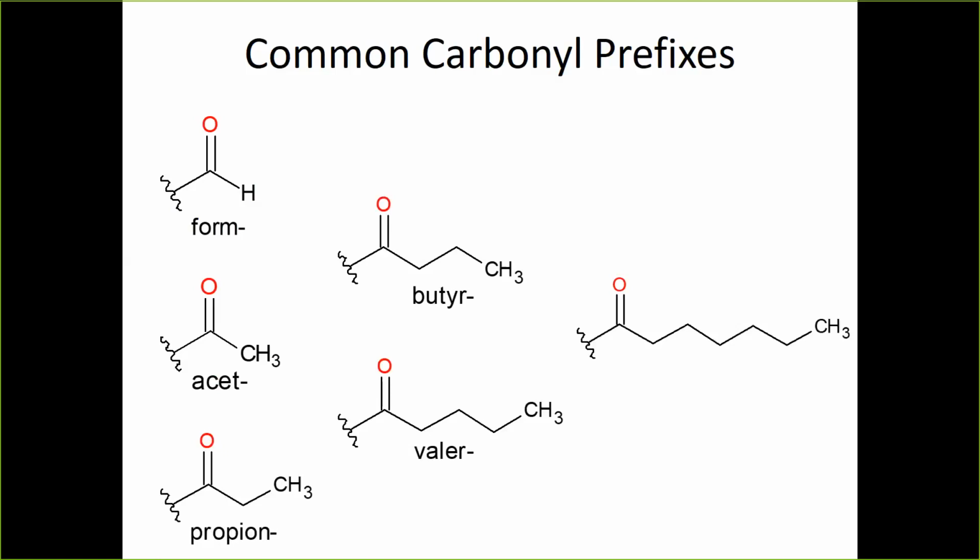I want to show you one other naming convention that's based on numbering the carbon chain away from the carbonyl group. If you think of the carbonyl carbon as the number 1 carbon, the one next to it is alpha, the one next to it is beta, then gamma, then delta, then epsilon, and so forth. So you can use Greek letters to number the carbon chain away from that carbonyl. You don't count the carbonyl carbon, you start with the carbon that's adjacent to it, and that is the alpha carbon.